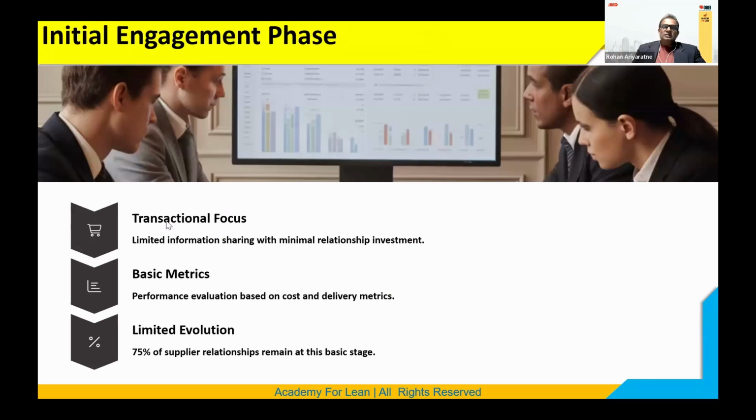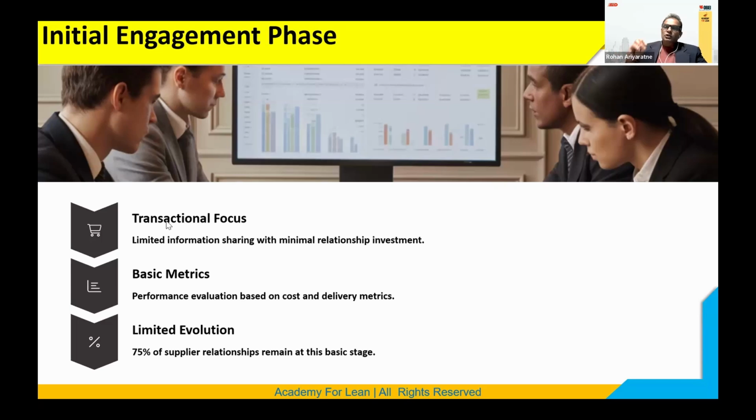And yes, this is the initial engagement phase. So you have to focus on the transactional focus, which means you can share, as I explained, limited information with minimal relationship investment. Like if you are going to work with us, we can convince our top management to invest in your area to do some innovation, or the flow arrangement or whatever, you can share some of the transactional. You can focus on that area. And basic metrics you can use at the initial